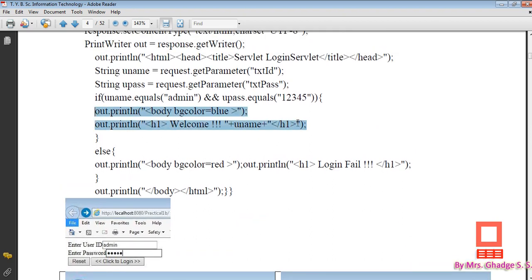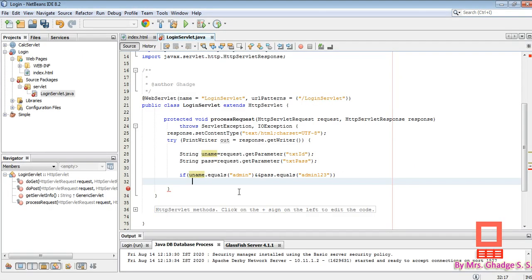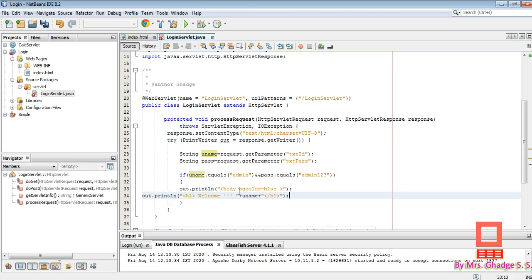The first line is just to set the background color. In curly brackets, suppose our first line is out.println body bgcolor equal to blue, and our second line is out.println welcome, and then here we concatenate uname, that is the username, which we have already stored here.